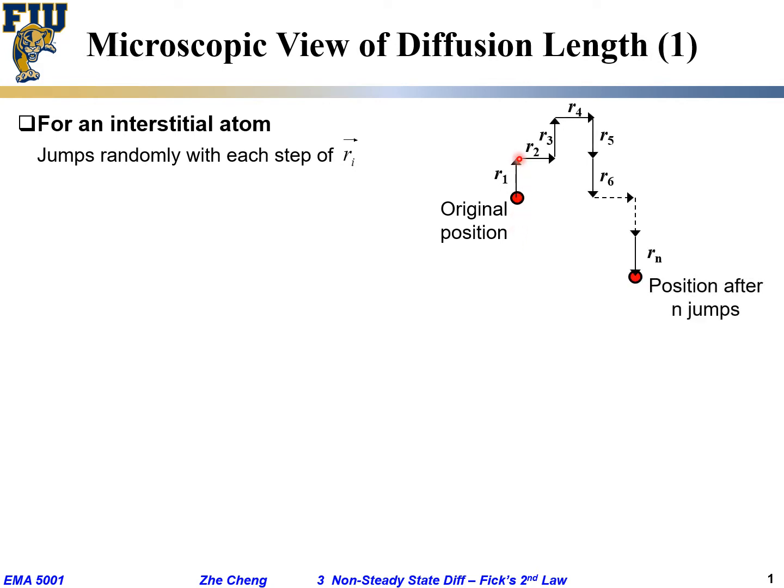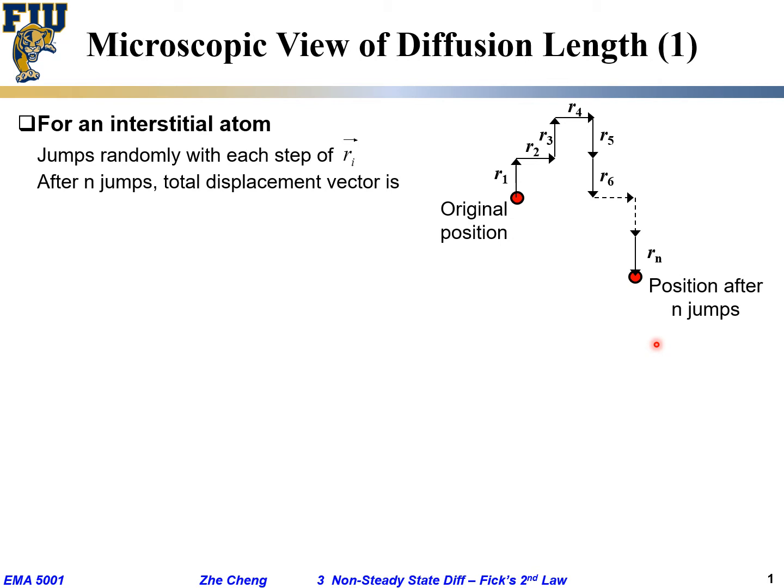R1, the first jump, randomly. R2, of course, I'm just illustrating. You can draw your own. It may look different, right? R3, and so on, and finally to Rn. It jumped for n steps, n jumps, okay? And after n jumps, the total